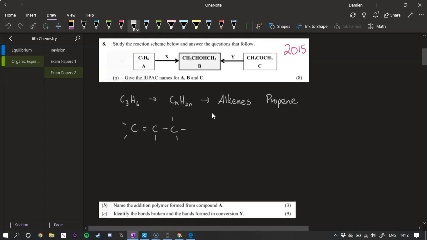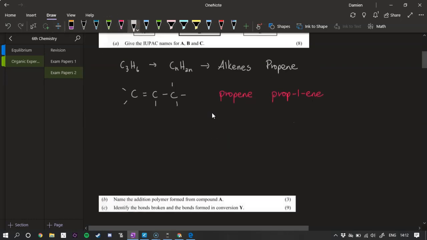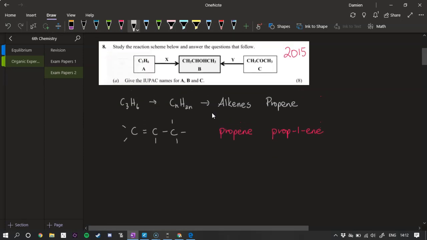On to the next one, which is molecule B. So we'll put in here that that is propene. Of course, this can also be called prop-1-ene because the double bond is on the first carbon. The next compound then, we have CH3CHO. So now something like this I would just draw out straight away. So start with your CH3, then you move to your